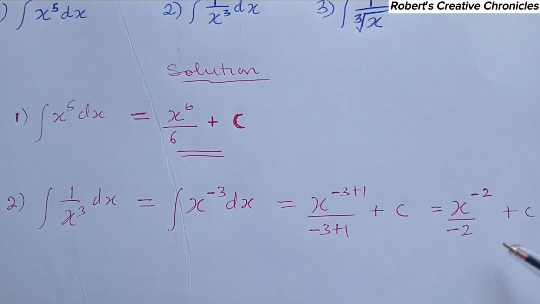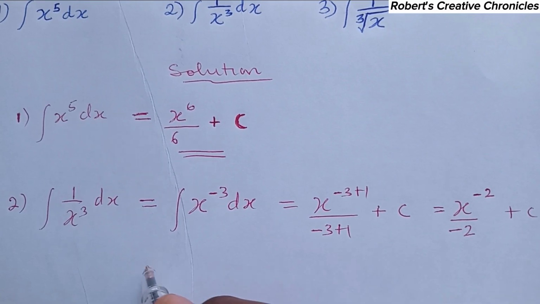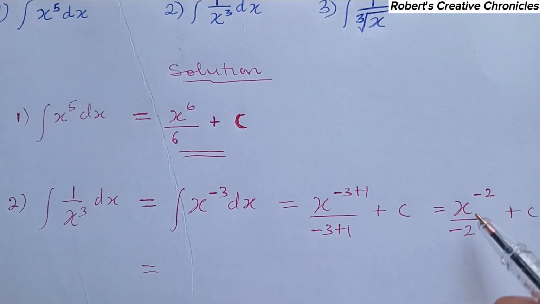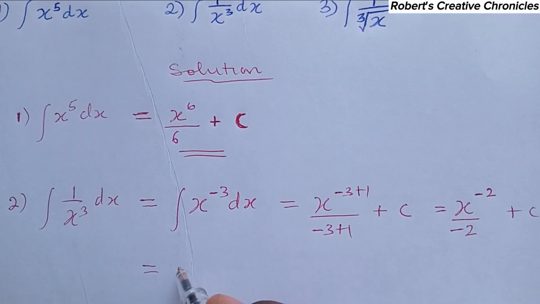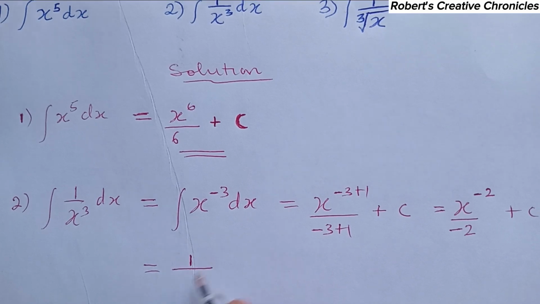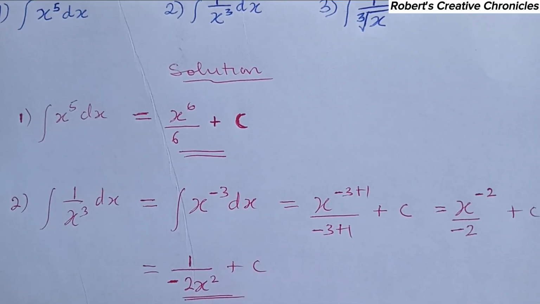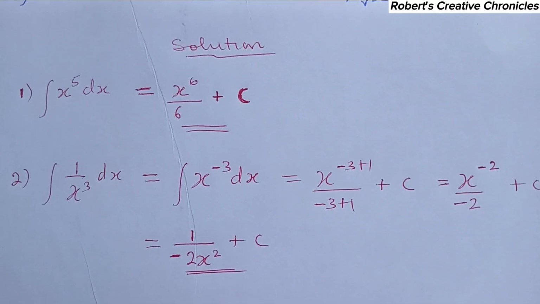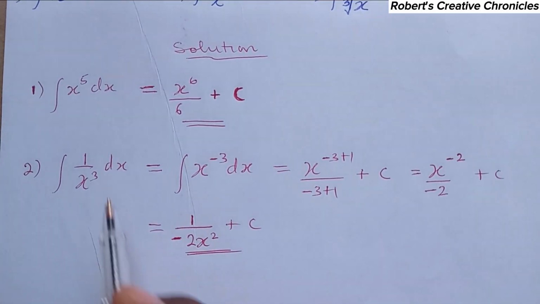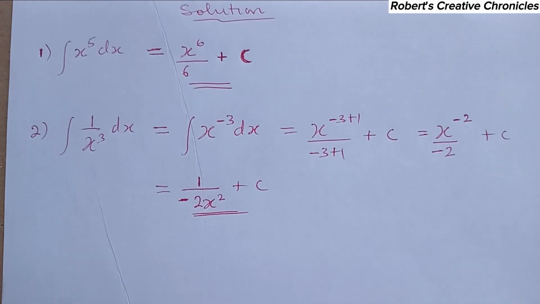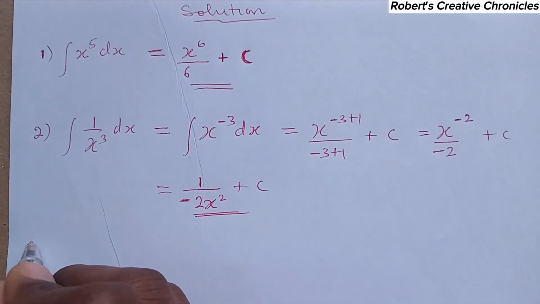So now we can express this in another form. This x raised to the power of minus 2 is 1 over x squared. So 1 over x squared times 1 over minus 2 is what? 1 over minus 2x squared plus c. This is the answer. So this is the integral of this. So then, the third one,